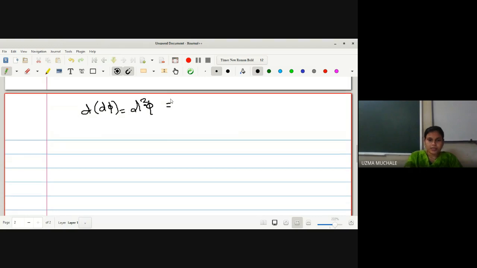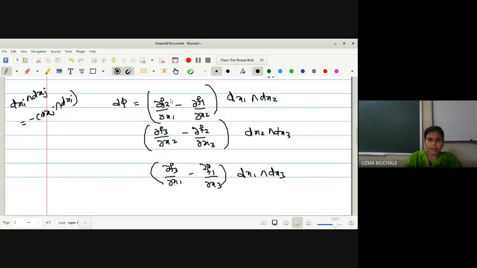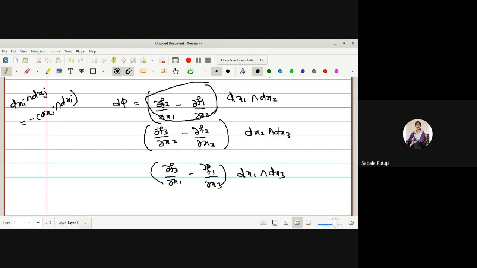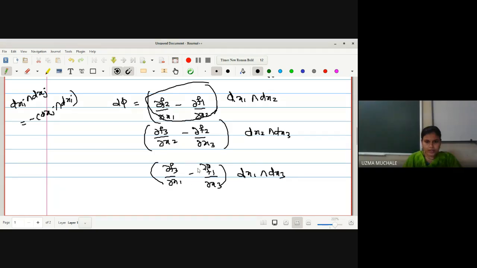Okay, so what I have to do, यहाँ पे जो भी आपके function हैं, now this will be one function, no? f1 f2 f3, these are real valued functions. Then we are finding their derivative with respect to either x1 x2 x3. So what will be this one? This is again a real valued function. This is also a real valued function. This is also a real valued function.